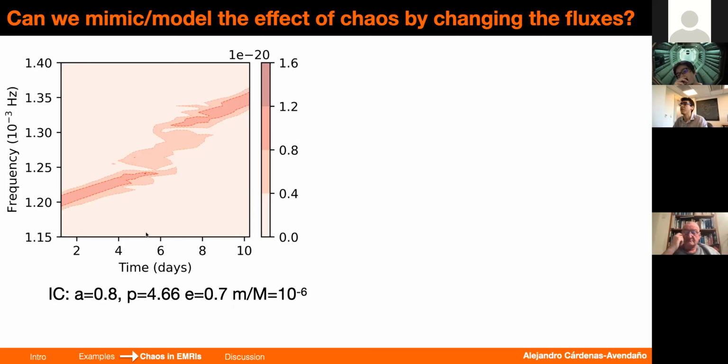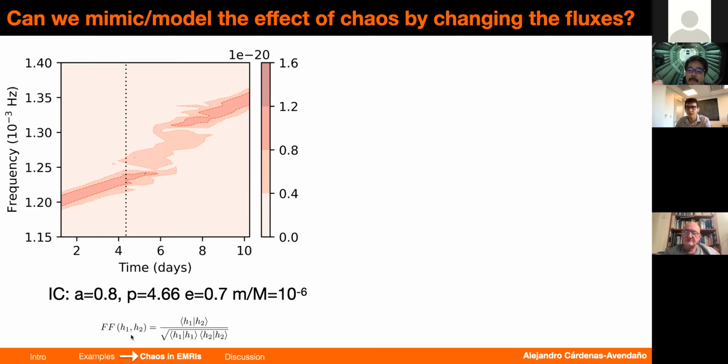And this is in a slowly rotating Kerr. Now, I said we need to build a model. So what I can do is, for example, say, okay, let me study this using Kerr. I have to do something to Kerr to capture this solution. So let me find, up to this point, before chaos is happening in a slowly rotating Kerr, the best initial conditions that can mimic Kerr.